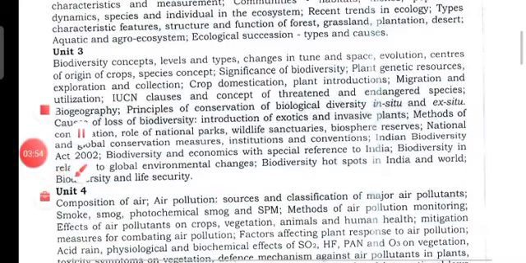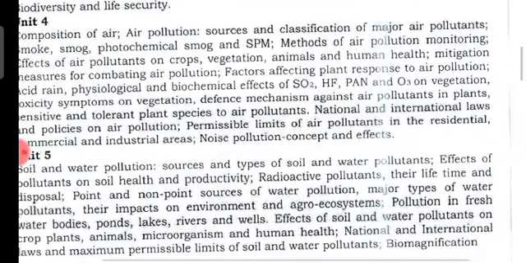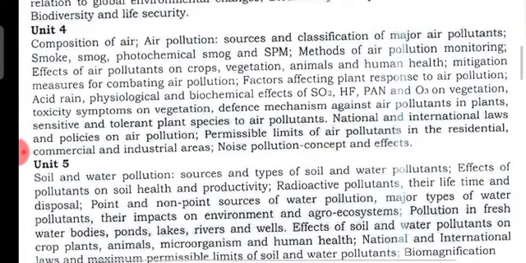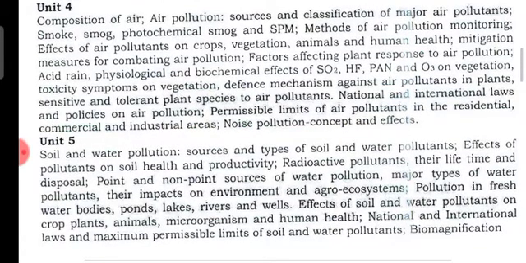Next is unit number 4: composition of air, air pollution, sources and classification of major air pollutants, smoke, photochemical smog and SPM, methods of air pollution monitoring, effect of air pollutants on crops, vegetation, animal and human health, mitigation measures, combating air pollution, factors affecting plant response to air pollution, acid rain, physiological and biochemical effect of sulfur dioxide, HF, PAN and O3 on vegetation, toxicity symptoms on vegetation, defense mechanism against air pollution in